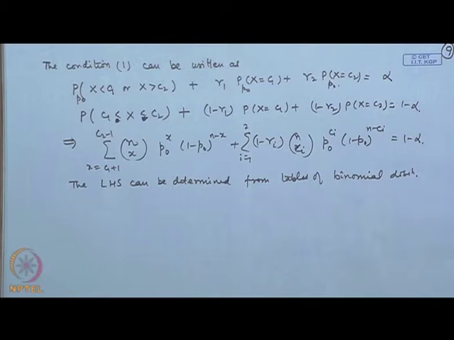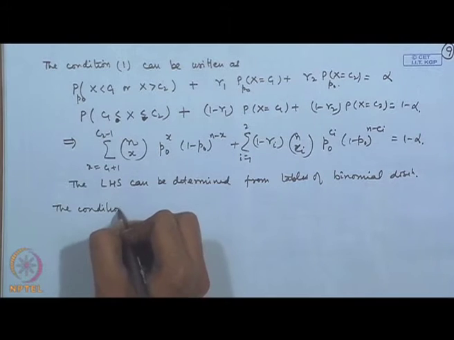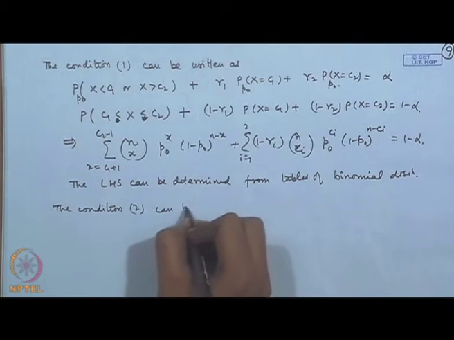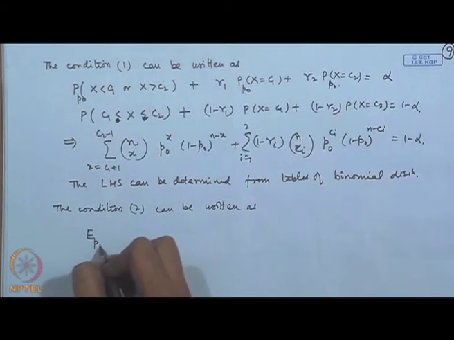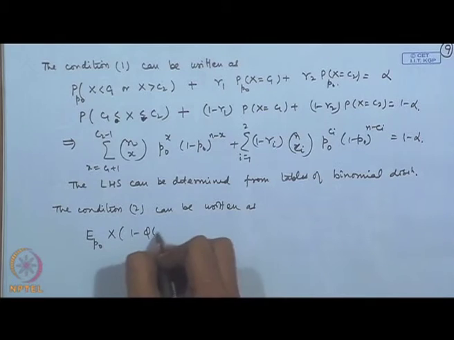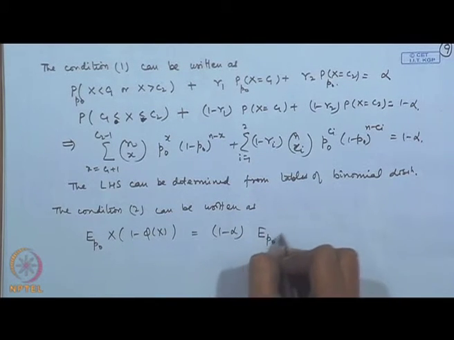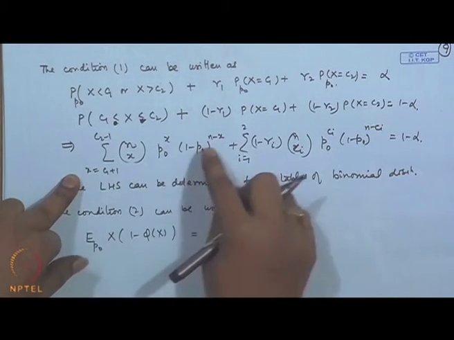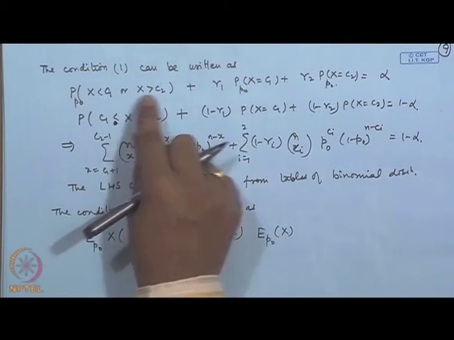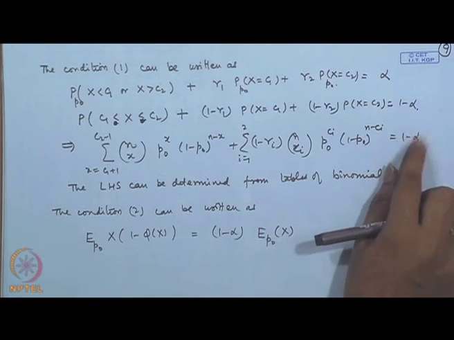Now, what is the second condition? So again we consider 1 minus. So, x into 1 minus phi x, that is equal to 1 minus alpha expectation of x. Of course, you may ask the question why we are taking 1 minus. This is for simplicity, otherwise here we have to write 2 regions, here we have to write only one region if I am taking 1 minus. Therefore, it is convenient to consider 1 minus in both of these places.